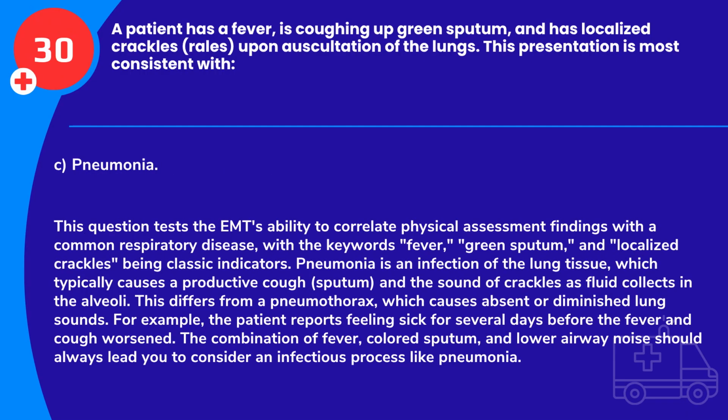Answer: C. Pneumonia. This question tests the EMT's ability to correlate physical assessment findings with a common respiratory disease, with the keywords fever, green sputum, and localized crackles being classic indicators. Pneumonia is an infection of the lung tissue, which typically causes a productive cough, sputum, and the sound of crackles as fluid collects in the alveoli. This differs from a pneumothorax, which causes absent or diminished lung sounds. For example, the patient reports feeling sick for several days before the fever and cough worsened. The combination of fever, colored sputum, and lower airway noise should always lead you to consider an infectious process like